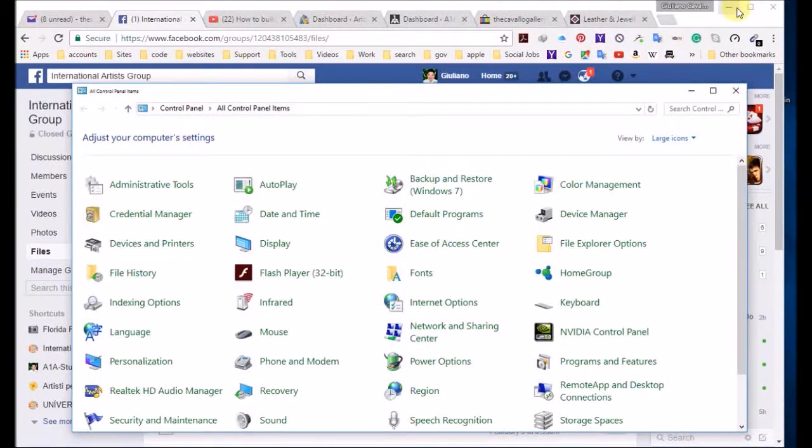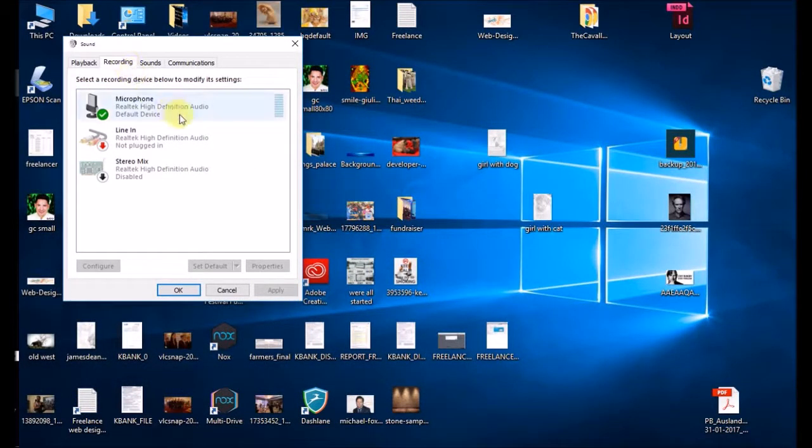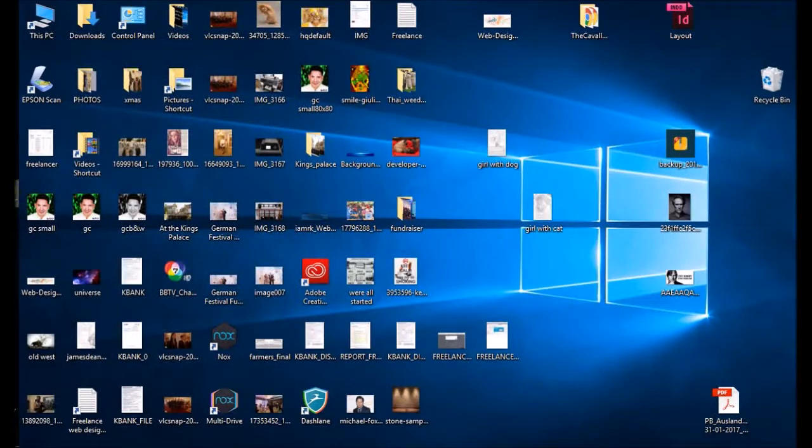Really quick, I'm going to check my input. Input microphone is working good, and my output to the speakers is working good. I'm going to click OK. I'm back at the group,